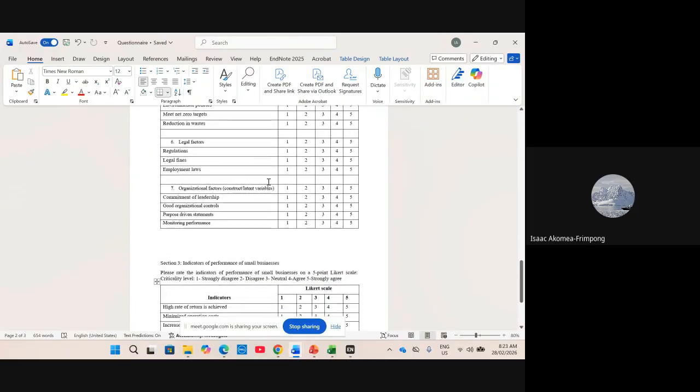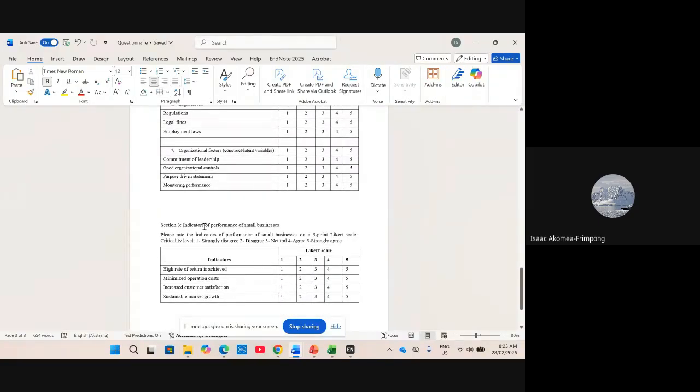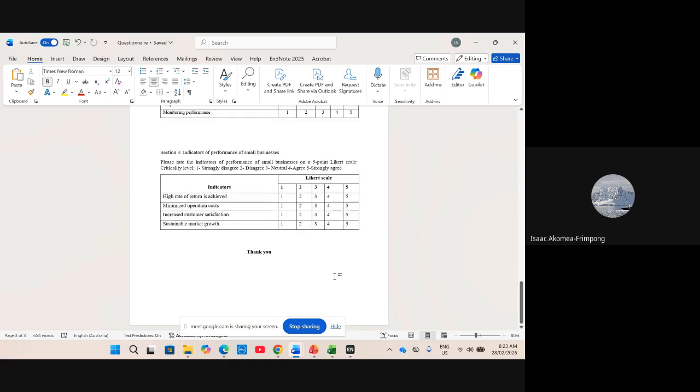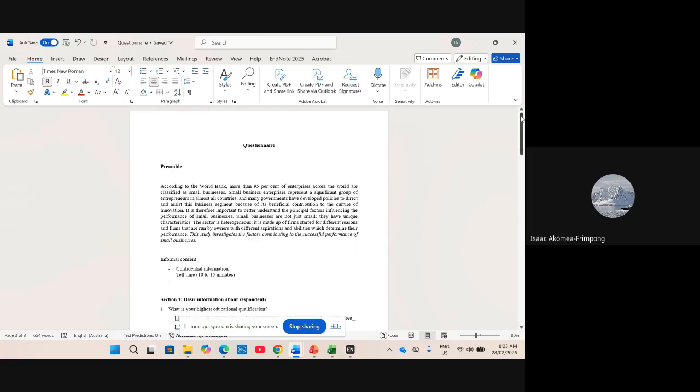Then if you have other sections, you do the same as we did for the second section, and so forth. And then after that, you tell them thank you, and you are done with this. Good. So this is the paper-based